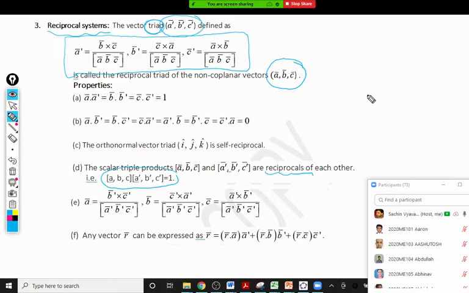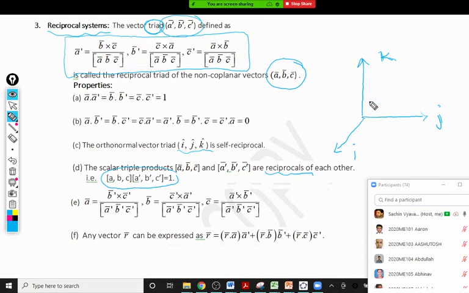One of the standard examples of a triad is the unit vectors i, j, k. If you observe, the i vector is along the x-axis, the j vector is along the y-axis. I am writing in the wrong order here, because a right-hand triad has the order like this. So this should be the vector i, then here is j, and then k is along the z-axis. So the unit vectors i, j, k are a triad.